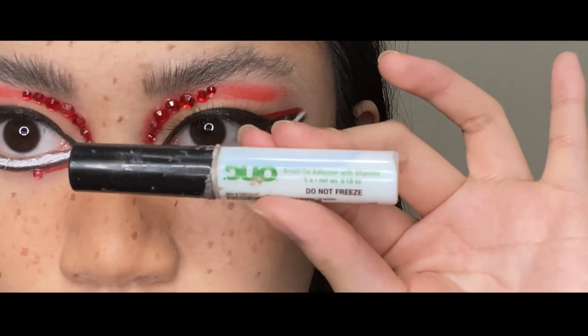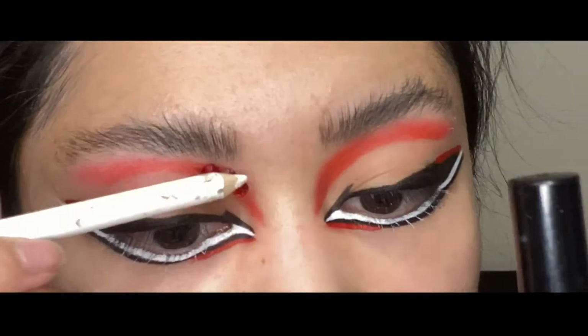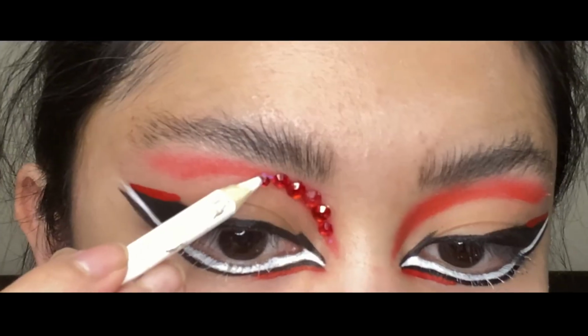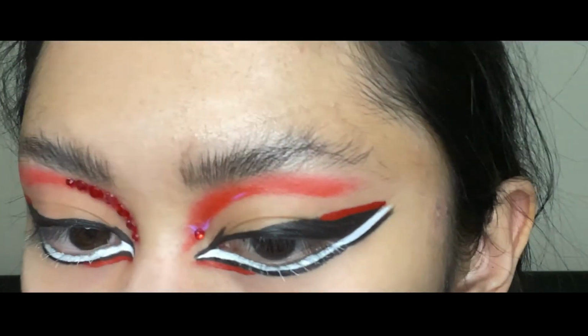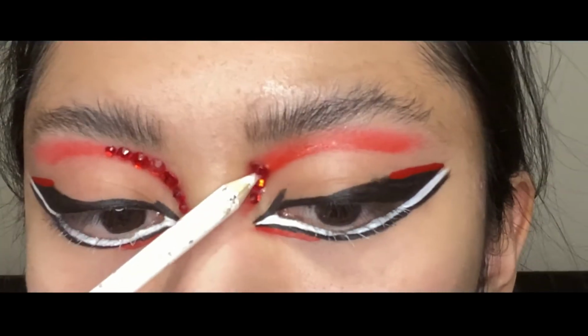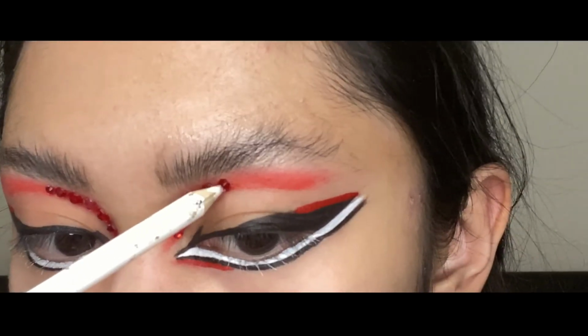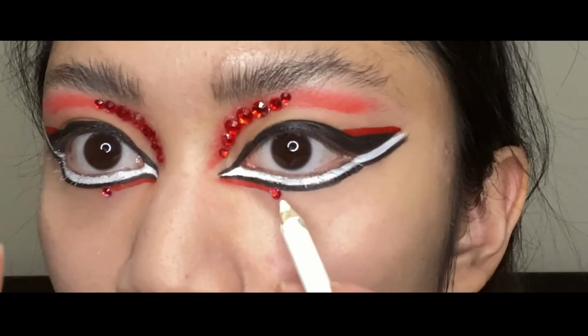For lash glue, I used the dual lash glue to prepare for my rhinestones on my crease and at the outer half of my eyes, and also in the middle of where the under eye of the red eyeliner stops, at the middle. As well as for my black rhinestones,